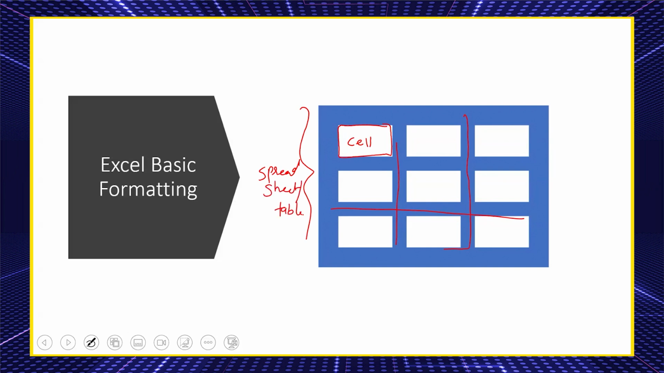Now, how to do basic formatting? I want to highlight only a particular cell. In this, how many cells do we have? 9 cells, right? In these 9 cells, I want to highlight a particular cell. Let me give a simple example. What is this value? 10,000. Now, if I format this number,